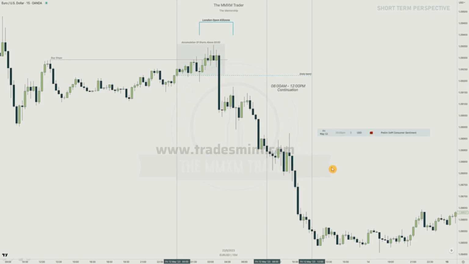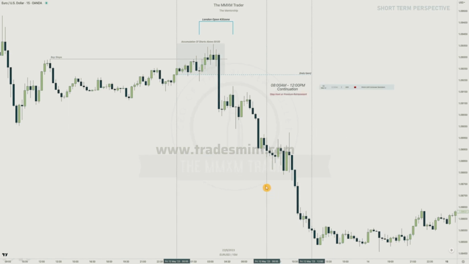Now, do we have news, right? We need to always keep an eye on that economic calendar. We've got 10 a.m. consumer sentiment. So highly likely what we just talked about, right? You want to have that 10 a.m. to 11:30 a.m. as your sweet spot for looking for a setup. If we don't have high impact news at 10, we can do it from 8 a.m. already. So in our specific time frame over here, we wait for either a stop hunt or a premium retracement,